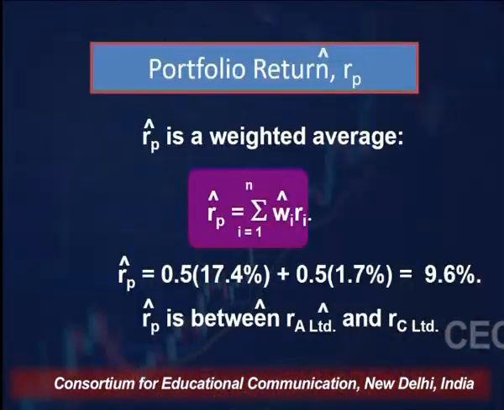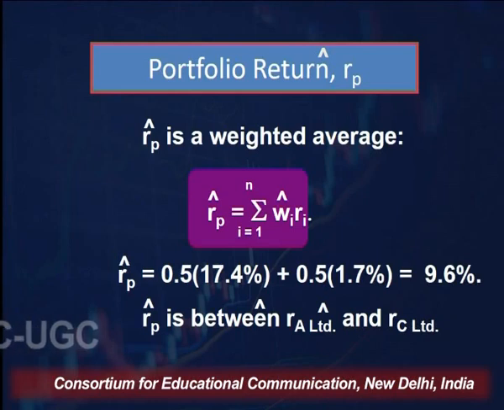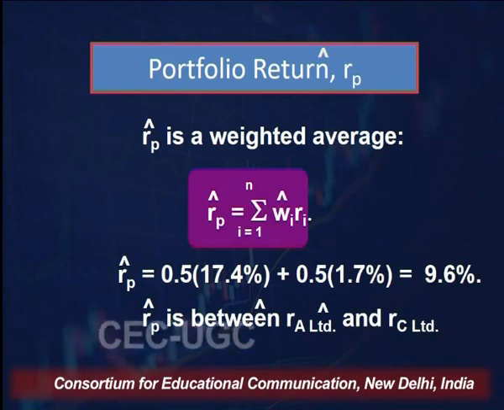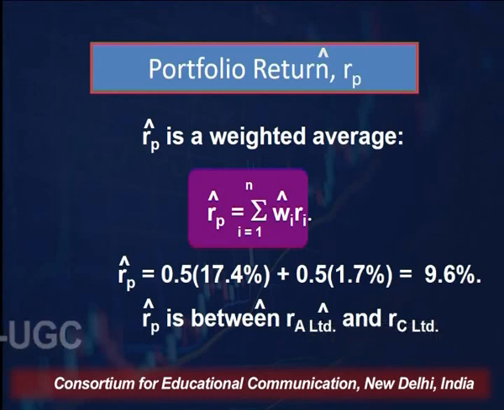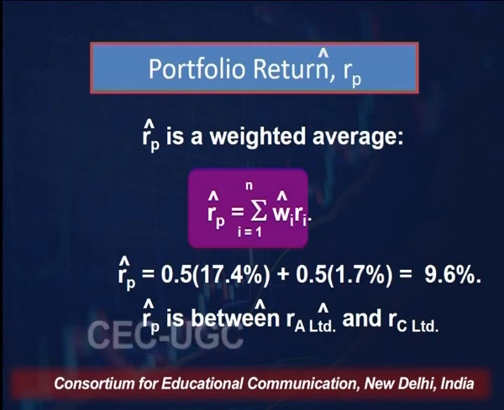So to begin with, let us start calculating the portfolio return. When you want to calculate the portfolio return, the formula says that it is a weighted average of the returns of all the stocks. When you do a summation of the weighted average of the stocks, what you get is your expected return of the portfolio. Now here in this question, because we have already stated that 50,000 is going in A and 50,000 is going in C, that means the weightage is exactly the same. So 0.5 will be W1 and 0.5 again will be W2.